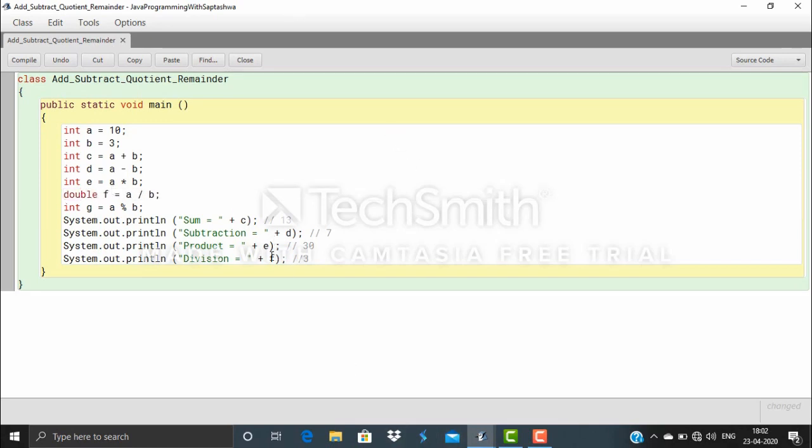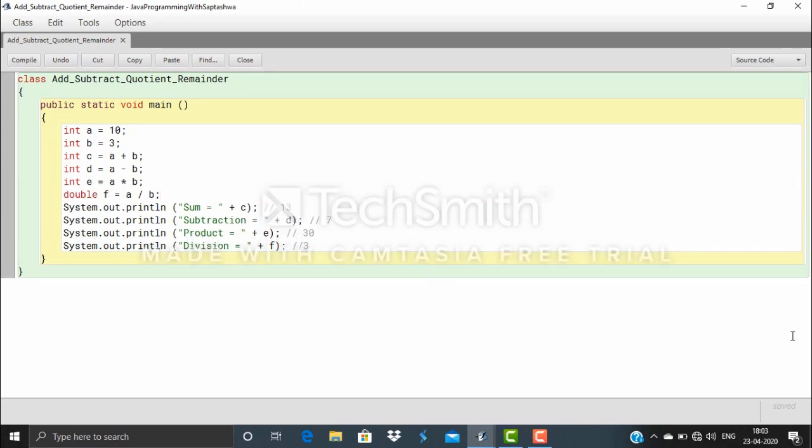Now I expected to get 3.33. Why have I changed the data type of f to double? Because when I'm telling the compiler that I want to store an integer value in f, the compiler is neglecting the decimal part, that is 0.33.